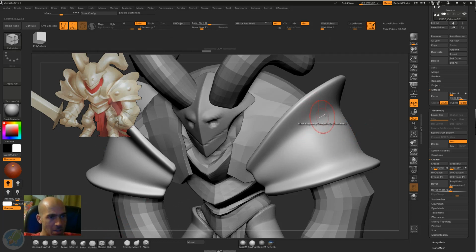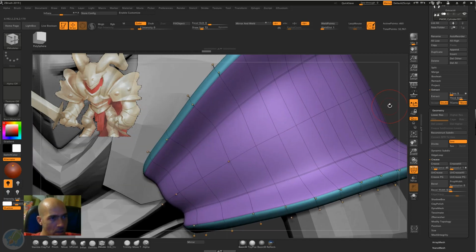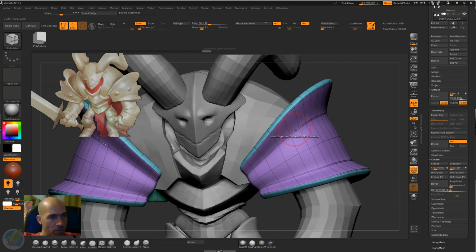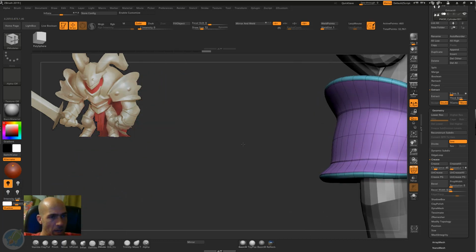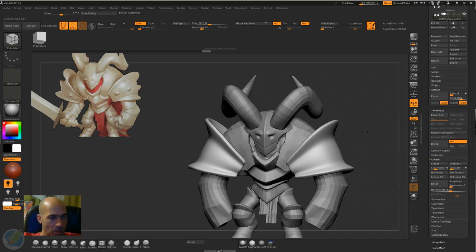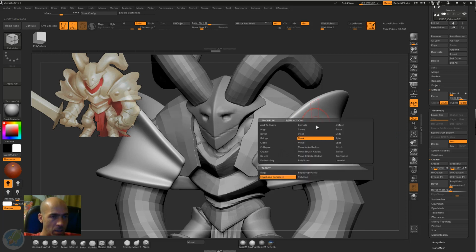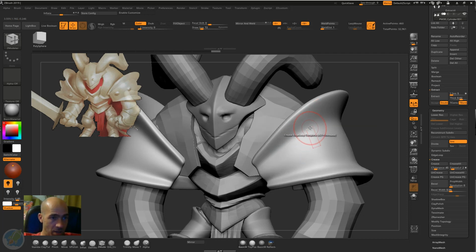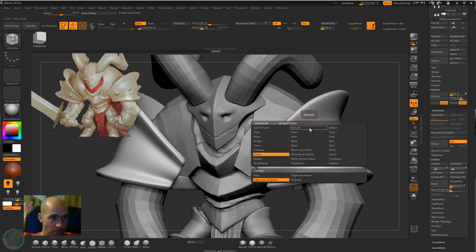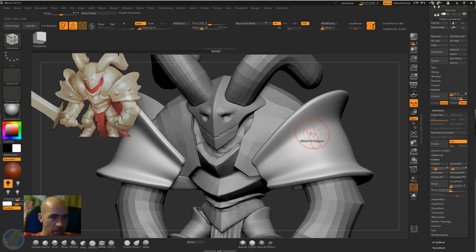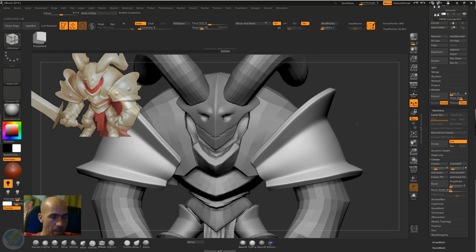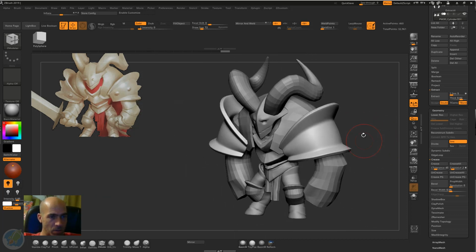I'm not exactly sure which one is the best, but let's keep it at 1. We go to ZModeler brush because I want to make this corner also sharp. But since it's not bigger than, it is. It's creased. Oh, interesting, very interesting. Why is it creased and it's not that sharp? I want it sharper here. So, if I want it sharper, I should go to crease level 2, for example, then go to an edge, press space, crease, edge loop complete, and then press it. And then it will crease everything